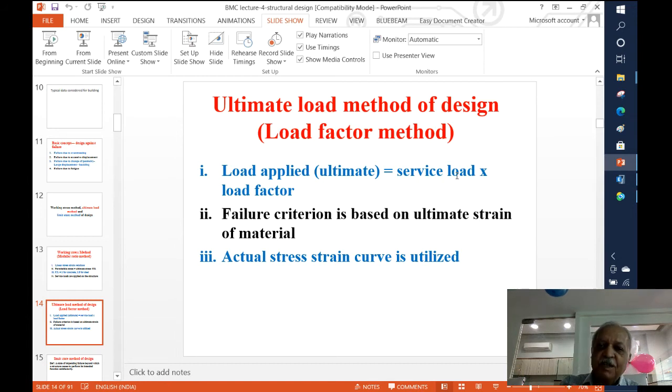So I will say that if I am using ultimate load theory, then I am ensuring that it has got 1.8 times as a margin or 1.6 times as a margin, beyond which I will definitely say that I am not responsible, the structure is going to fail. So I have got a definite answer to my question, that at what load you predict the structure is going